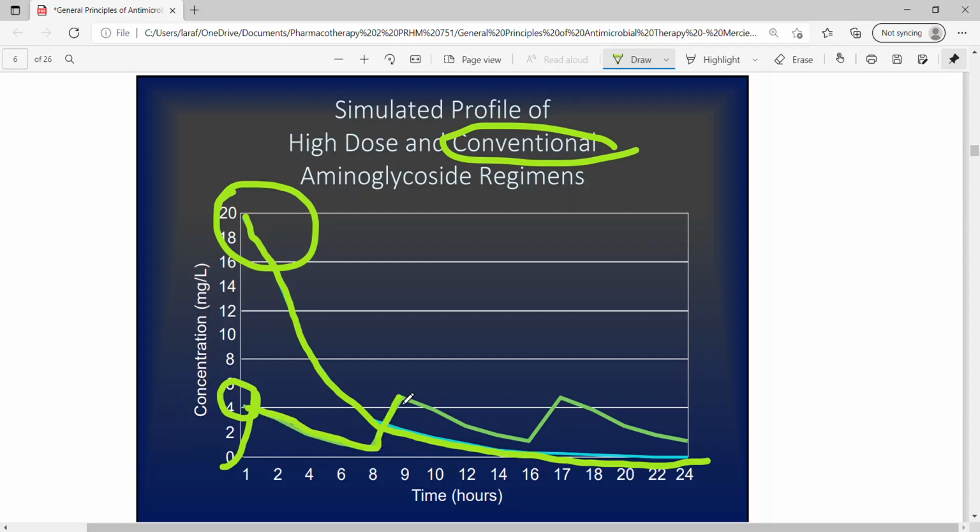Give a second dose, goes up, and then it goes down in the body. After a few hours, give another dose, goes up, it goes down in the body. So this is the conventional traditional dosing, and this is the high dose